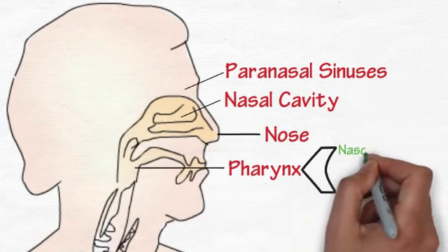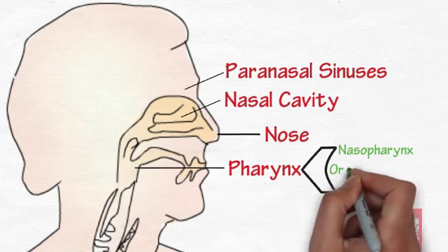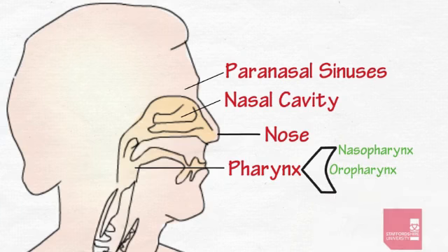the nasopharynx, posterior to the nasal cavity, the oropharynx, posterior to the oral cavity, and the laryngopharynx, just above the larynx. And this zone provides a filtering, warming and humidifying service to help protect the delicate surfaces lower down in